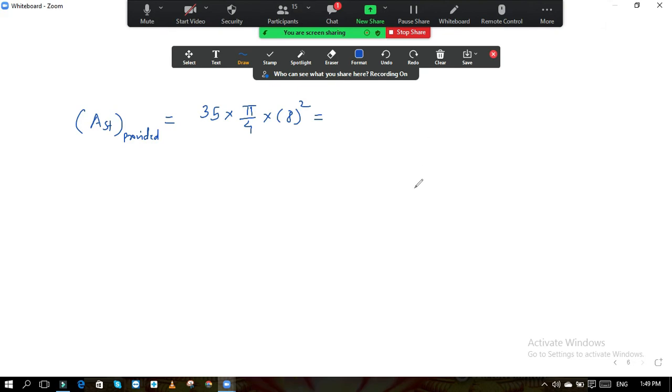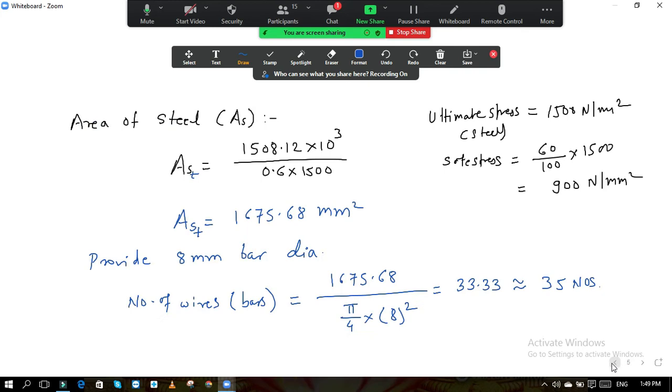So here what we will do, see we have to provide the cables also. So instead of 35 we will go for the higher side, 36. Why have I taken this 36? Suppose now if we provide 36 bars, okay, मग एका केबल मध्ये जर आपण 6 बार टाकले तर अशा आपल्याला